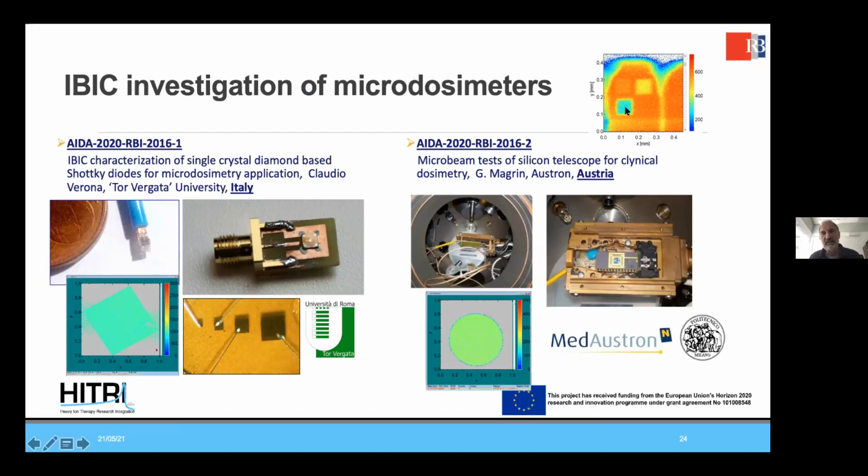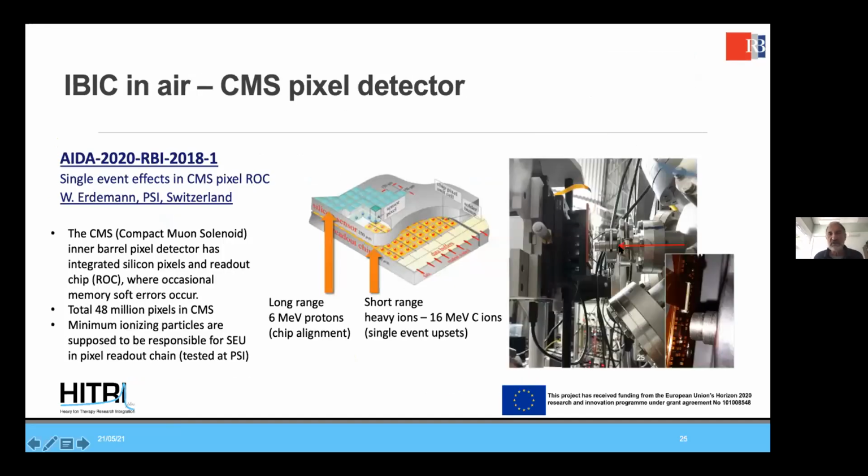And you can see in this top right image that we can even make some damaged areas, so we can actually study not just the response, but also the response to radiation. Each of these damaged areas was irradiated a little bit differently, so we can see if the radiation hardness of these devices is proper. We also did some in-air experiments of CMS pixel detectors and some new design detectors, but I don't have time to